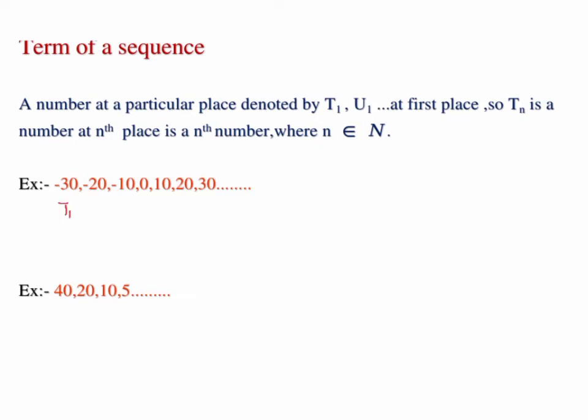Here t1 is minus 30, t2 is minus 20, and so on. Similarly here t1 is 40, t2 is 20,